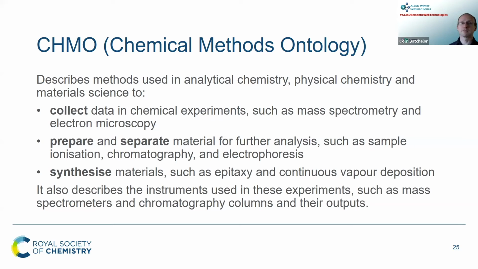It also describes methods for preparation and separation, chromatography, for example. And one thing that's quite big in analytical chemistry is you have hyphenated methods, where you stick the output of one machine onto the input of another machine. And these can be quite long, shall we say. You get various sorts of chromatography leading into ionization, leading into mass spectrometry, and the ontology can describe all of these. And there's also methods used for synthesizing materials, which has been a growing part of our chemistry output.